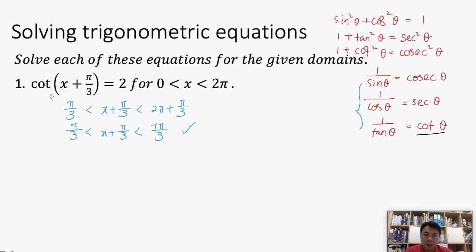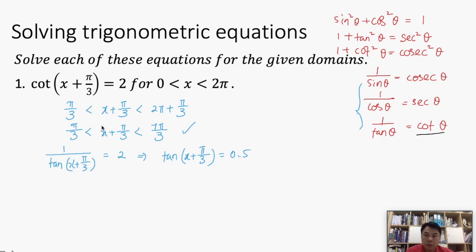Okay, so instead of using cotangent, we can write that down as 1 over tangent x plus pi over 3 is equal to 2. Okay. From here, we can simplify that as this, which is equal to 0.5. Okay, I hope that's clear. Right. Now, from here,